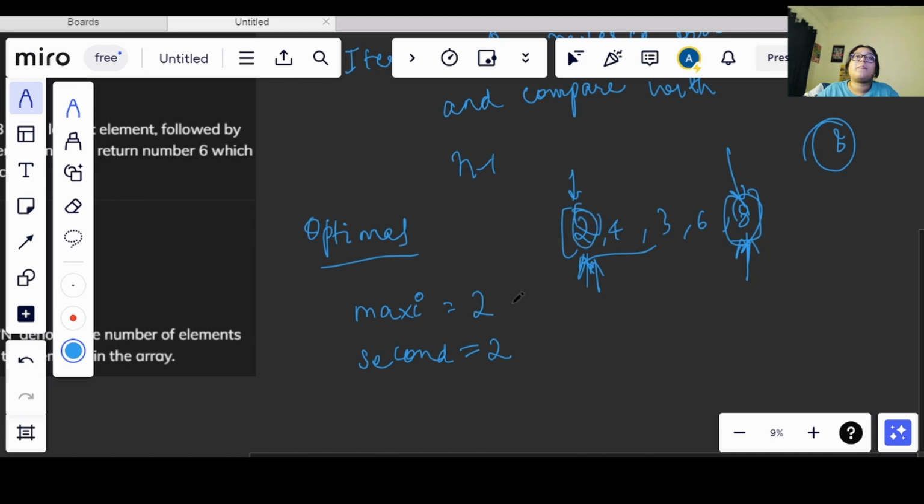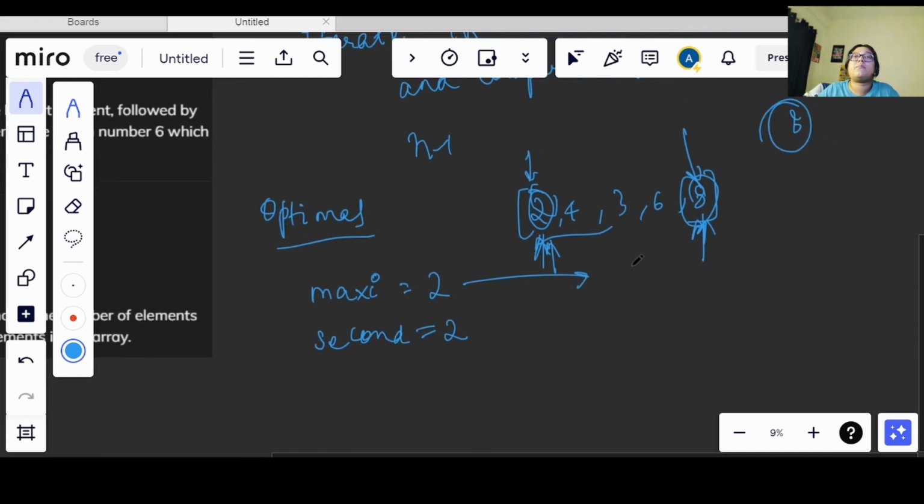Now how do we find the maximum? It will always be the largest value in the array. So we will simply compare that if the maximum value is lesser than the value at the ith index, then I will assign that value to maxi, right? So this is what I will do.